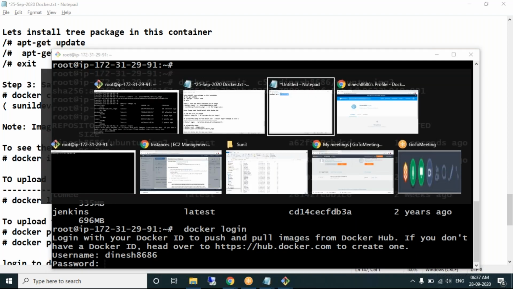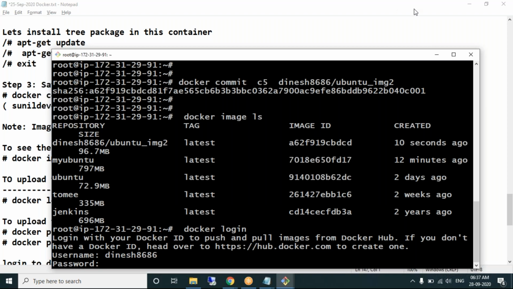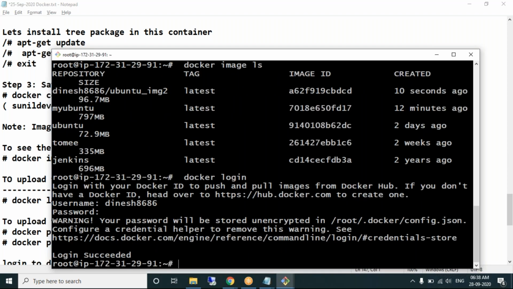Password. Login. I have successfully logged into Docker Hub from the terminal.